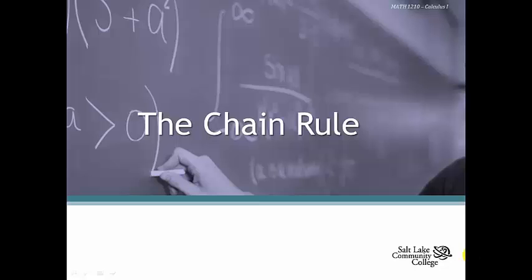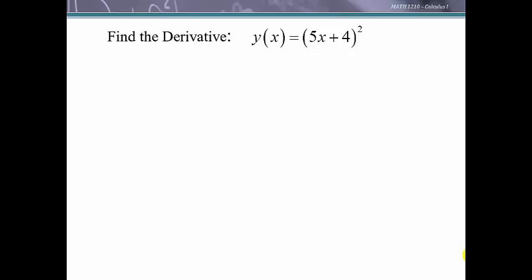The chain rule. This is an extremely important rule for finding derivatives. Let's look at this function. If we have (5x + 4) quantity squared and we wanted to find the derivative, our best bet would be to take this function and multiply it, so that instead of expressing it as the quantity squared, we would write